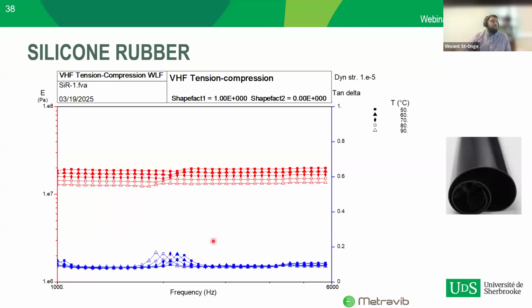And so the VHF 10.4 was actually quite amazing here, because as you see, getting results up to 2000 Hertz in this case was barely impossible with classical DMAs. And here they were able to see it with the VHF tensor.